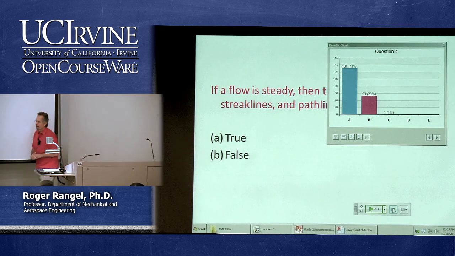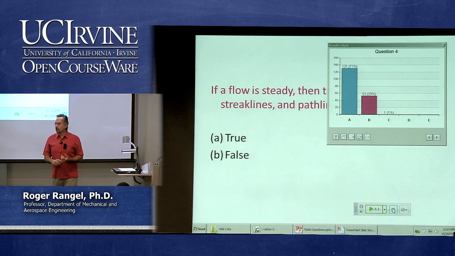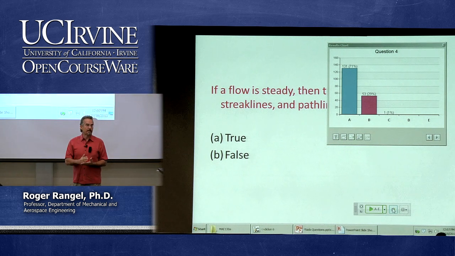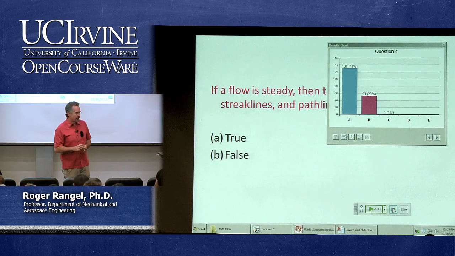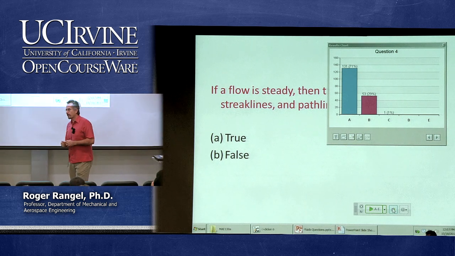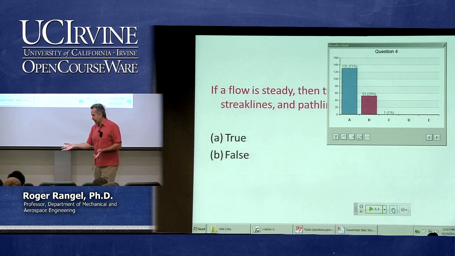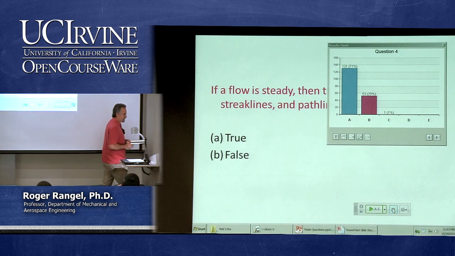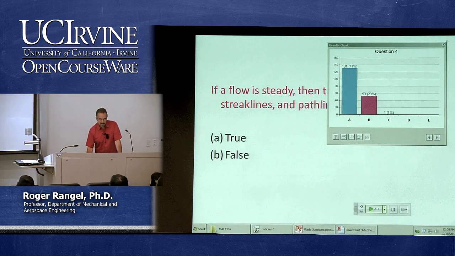We talked about this last time. So in a steady flow, all these flow lines are the same. In fact, I told you that in a steady flow, when you do an experiment in the lab, the easiest way to do this experiment is to make streak lines, because you can inject something, tracers, at a fixed point in the fluid and generate those streak lines. But if the flow is steady, then the streak lines that you're generating are also showing you the streamlines or the path lines, whatever you're interested in. So yes, they are all the same if the flow is steady.